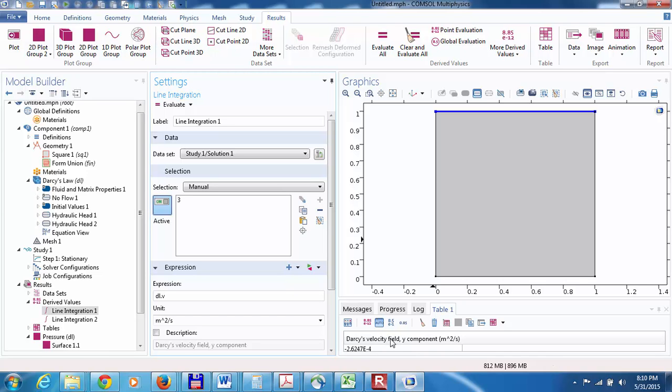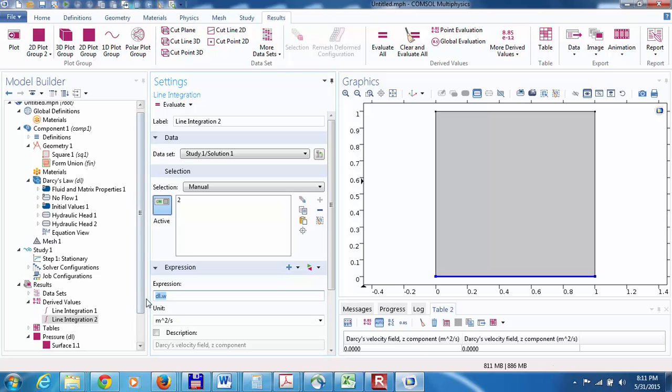The per meter would be the depth into the screen, because this is a two-dimensional problem. That's not the velocity. This is the integrated flux across the top boundary, the volumetric flux. You need to multiply it by the density to get the mass flux, and we will be using the mass flux later. Now if we do that for the bottom boundary,